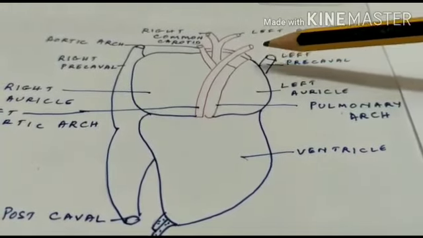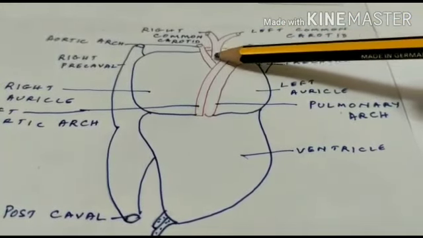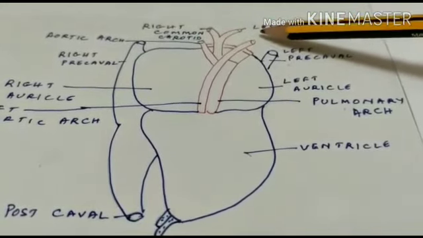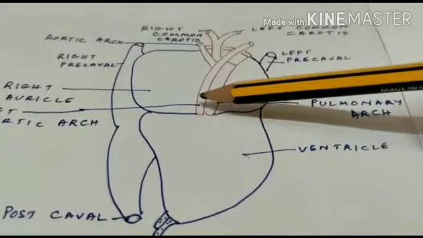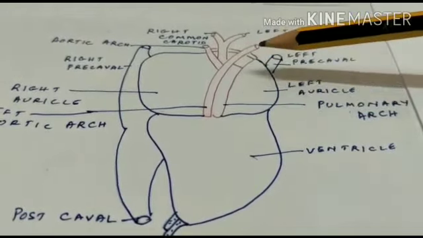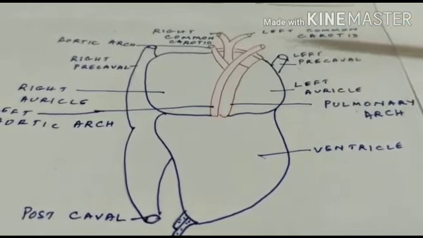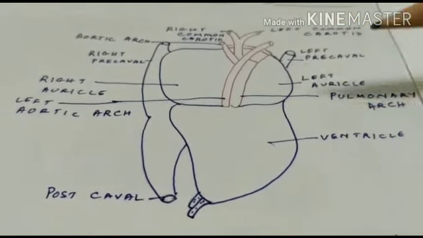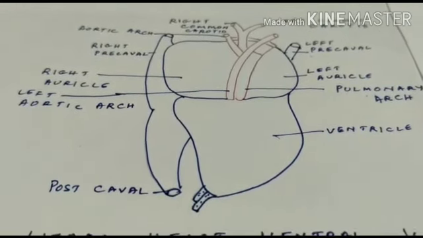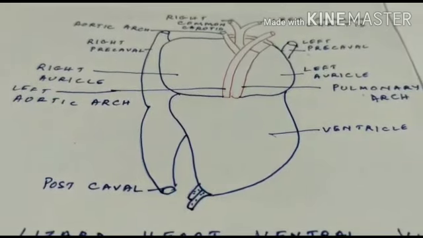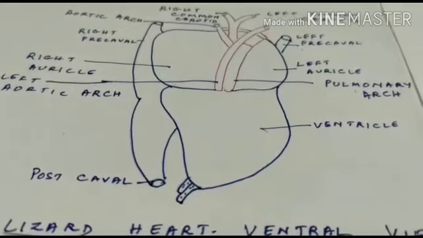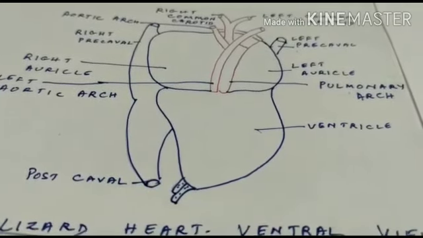Out of these, one is the carotid arch, which splits into a right common carotid and a left common carotid. Apart from that, there are two other arches, the systemic arches. As such, the aortic arches, the two systemic arches and a pulmonary arch, arise from the cavity of the ventricle. The course of circulation is summarized in the diagram.